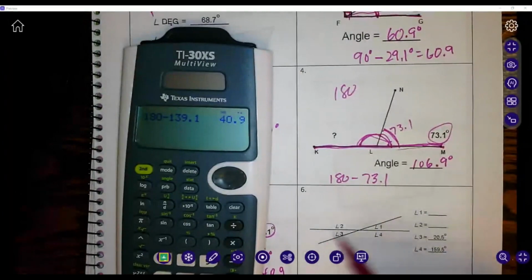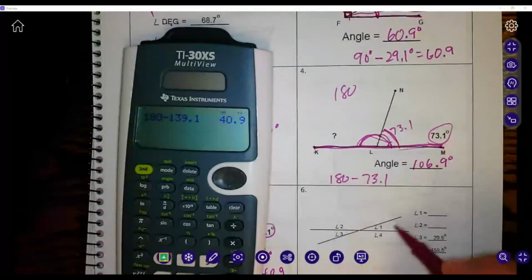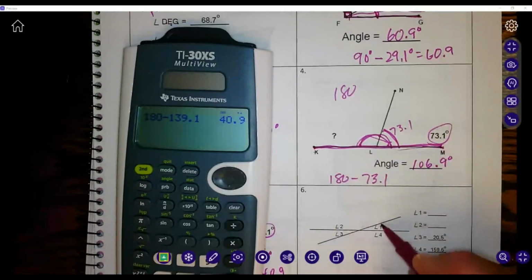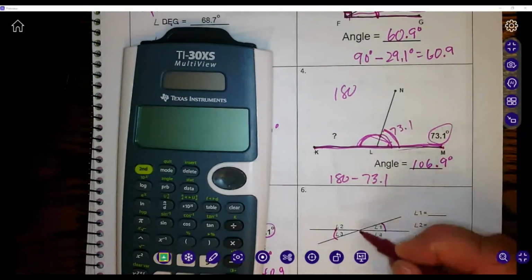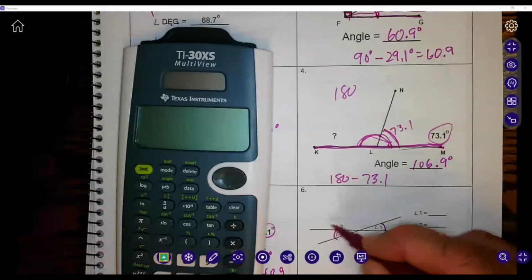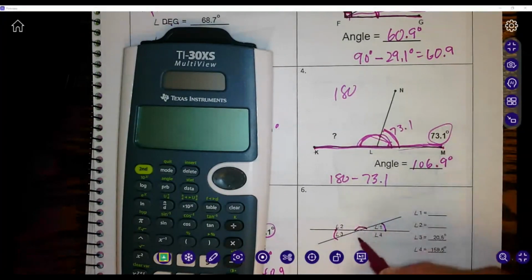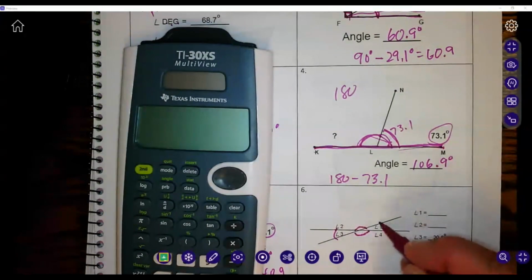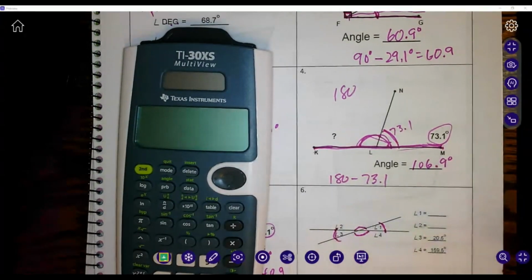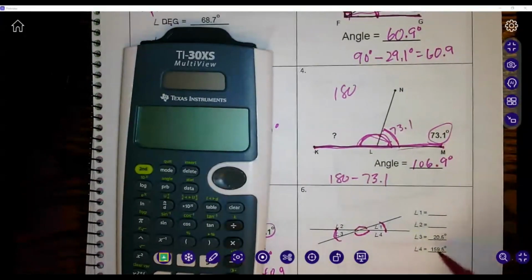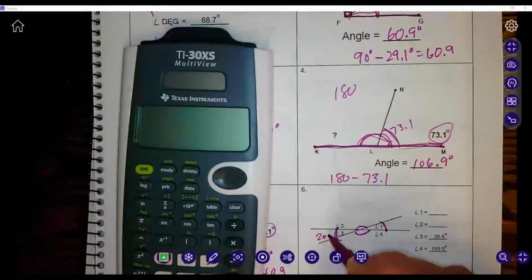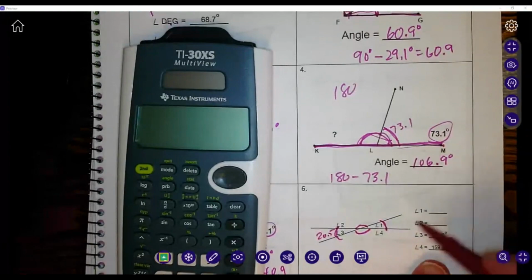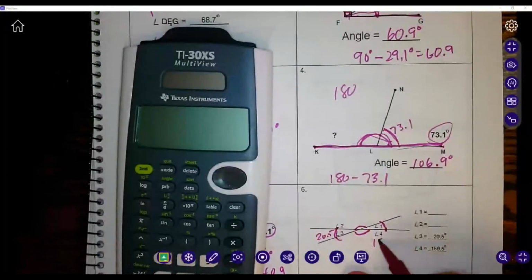In number 6, we have two lines that cross, and we know that when we have two lines that cross, we get vertical angles across from each other that are exactly the same measure. They have the same degrees. And so angle 2 right here is the same as angle 4, angle 1 is the same as angle 3. Okay? And so they're telling us that angle 3 is 20.5 degrees, and they're telling us that angle 4 is